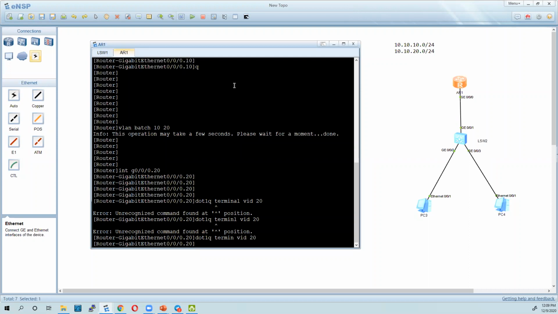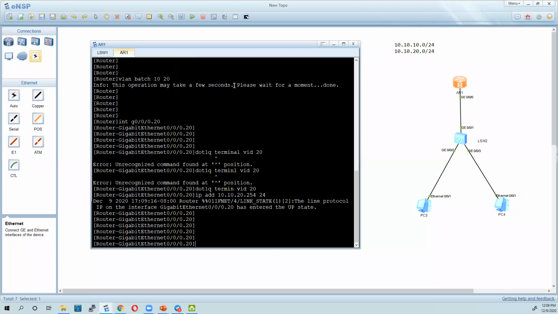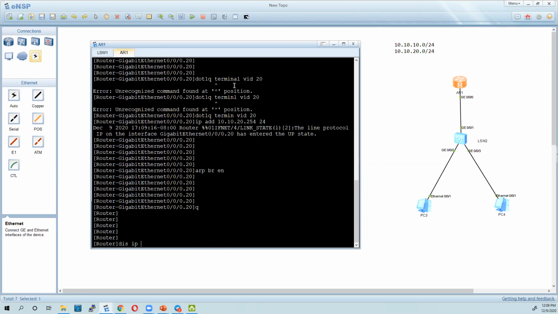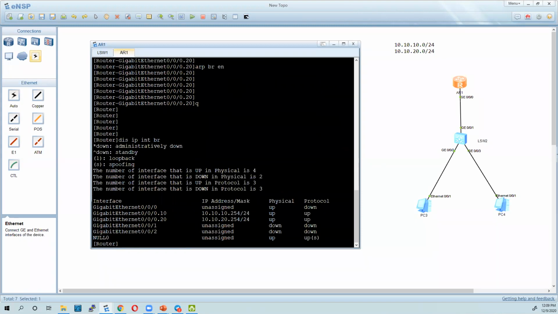And then I will do IP address 10.10.20.254, subnet mask 24, and I will do arp broadcast enable. Once that is done, I'll say display ip interface brief, and you can see that the physical interface is untouched, but these sub-interfaces are up.